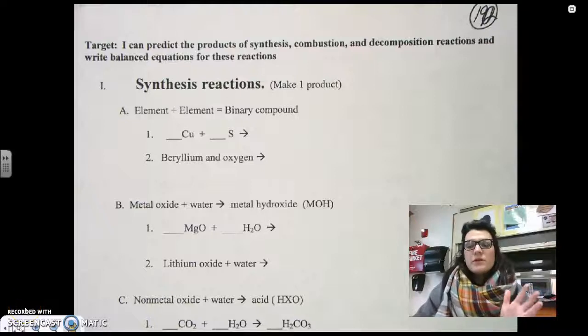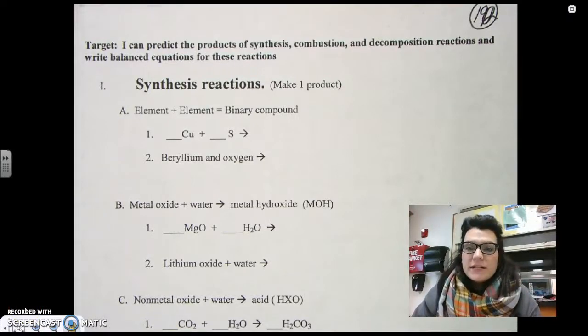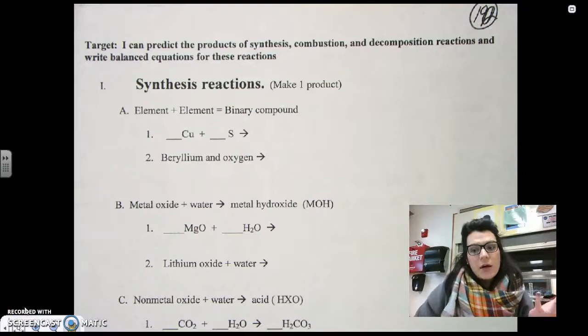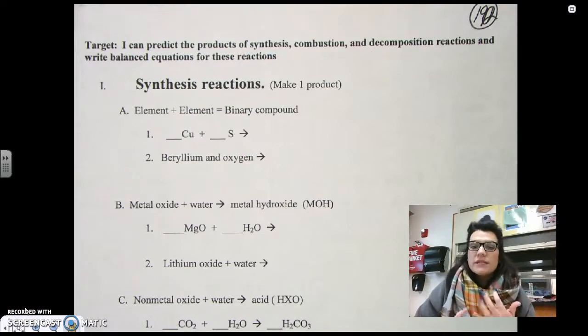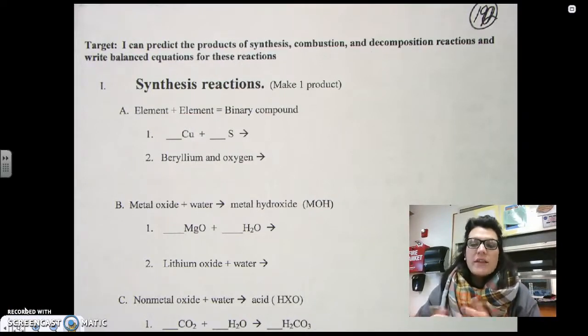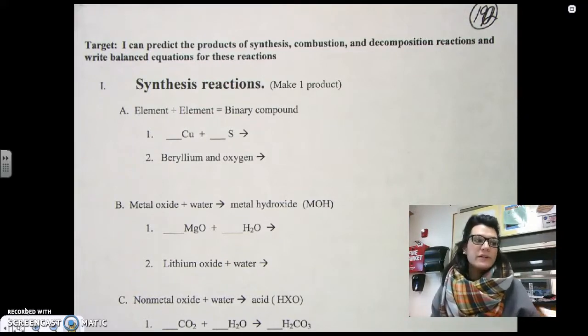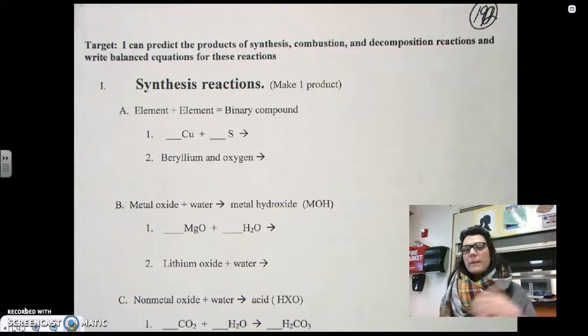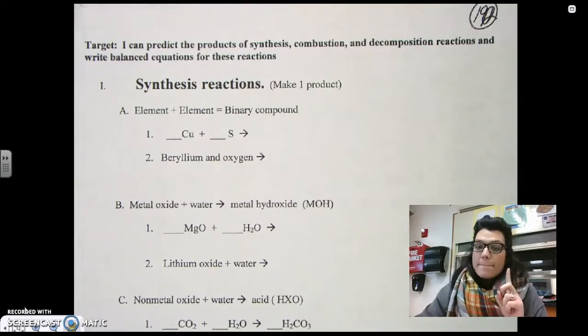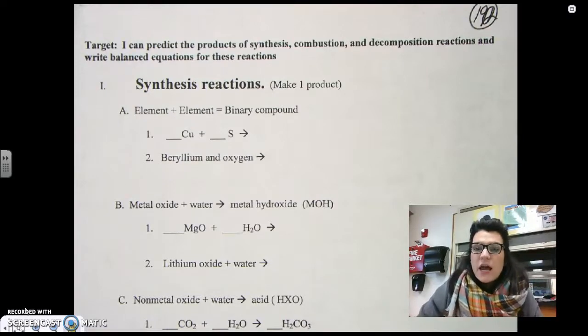Okay, so these notes start on page 192, and this is the start of our predicting notes. We're just going to start off with synthesis, decomp, and composition, and then we'll do single and double last, okay? So if we remember, synthesis reactions make one product, okay? So we can have three different synthesis reactions that we could come across and that we have to be able